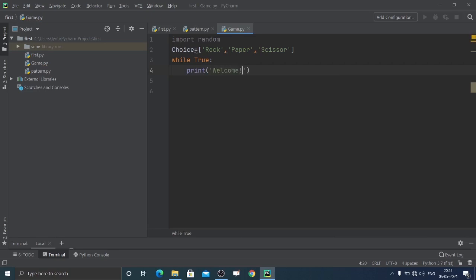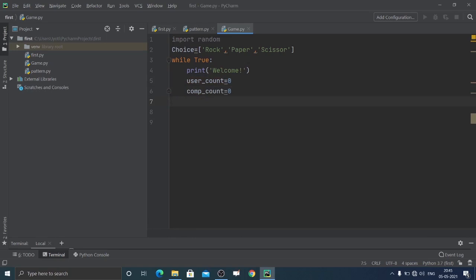Okay, next, there will be two variables that will store the count. It will be a counter variable which will store the count or the score of the computer and the user. Let me write it as user count equal to 0, just initializing it, and then computer count equal to 0.